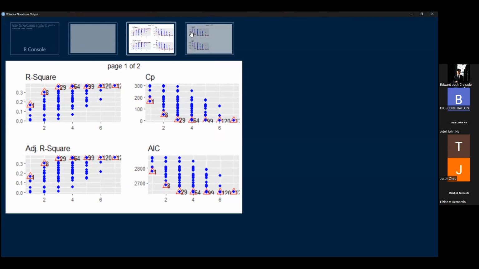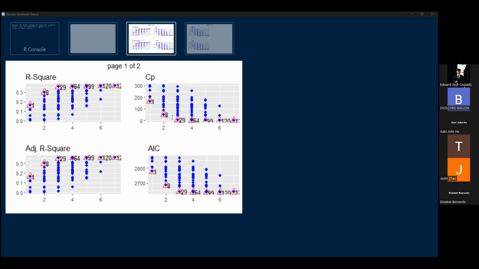Okay, let me explain this, class, no? So, for example, Cp is Mallows Cp. Okay, so this means that if you're only going to use one regressor, it should be model number 1. What is model number 1, class? That's the list from your mod compare, and the predictor there is education. So it tells us that if you're using only one predictor based on Mallows Cp, you should use model number 1. On the other hand, if you're using 2 predictors, use model 8. What's model 8? That's education and